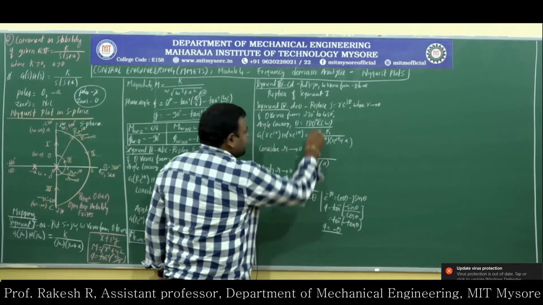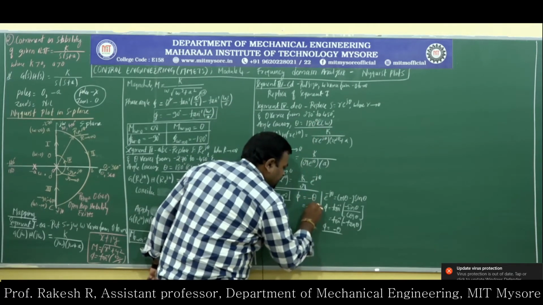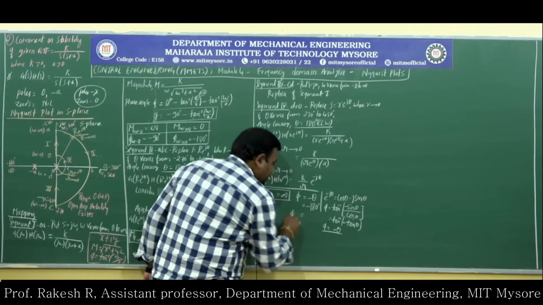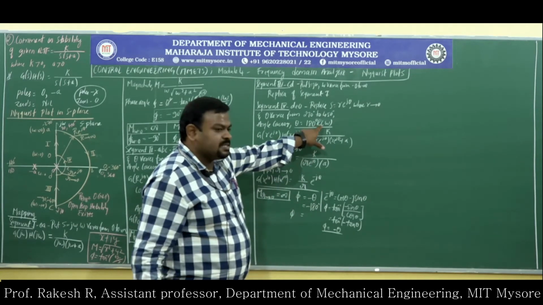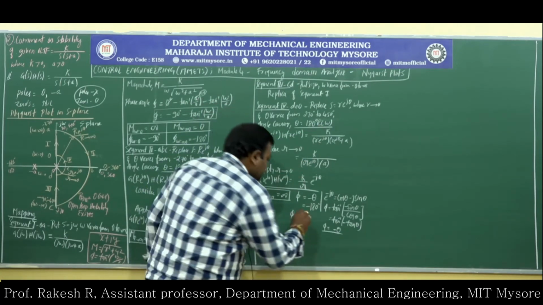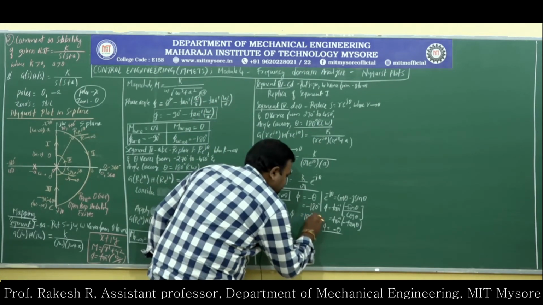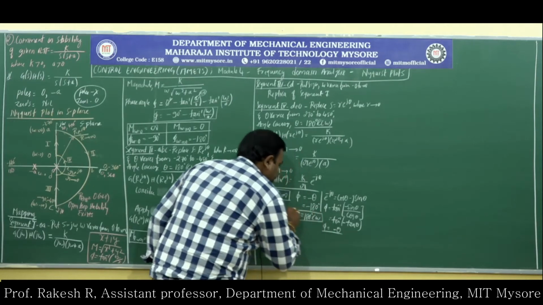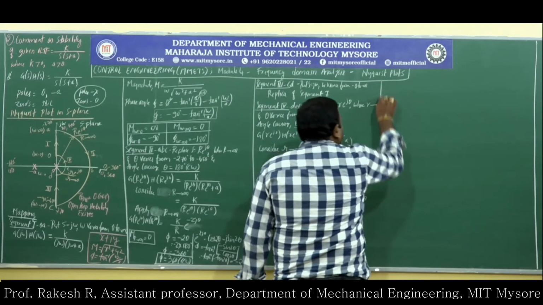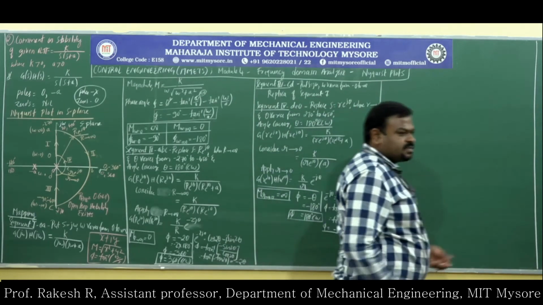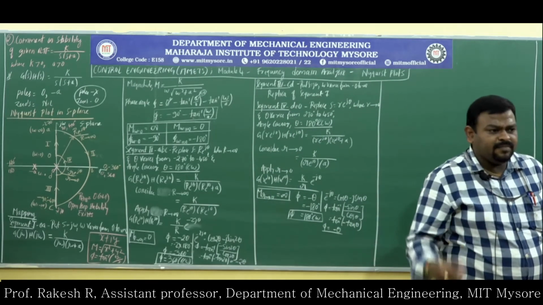What is the value of theta here? 180 degree. So minus 180. You have got the minus sign, that indicates it is the reverse direction. So this is in counterclockwise direction, but this is in clockwise direction, 180 degree clockwise. So this completes the mapping. I have mapped for all the 4 segments.